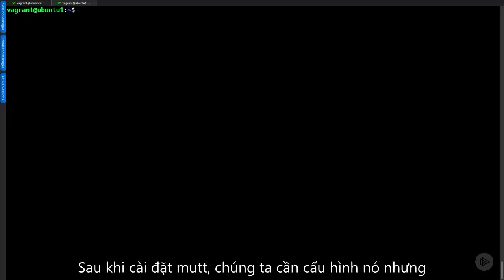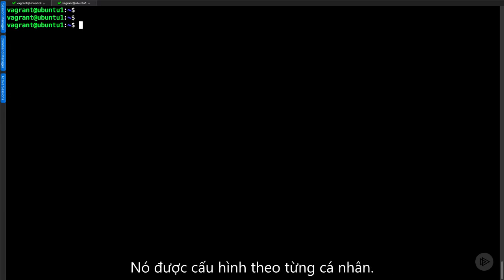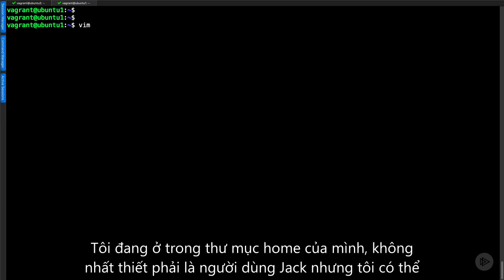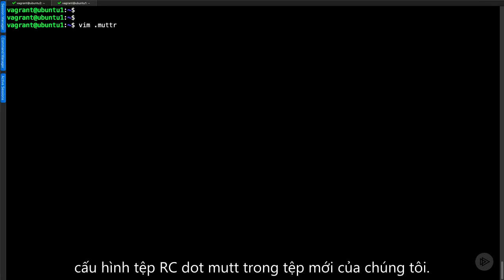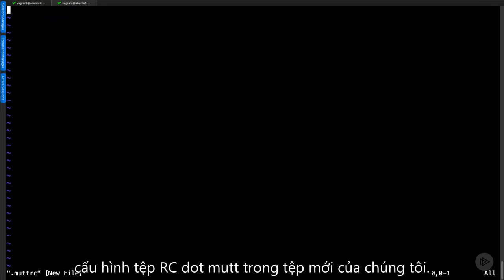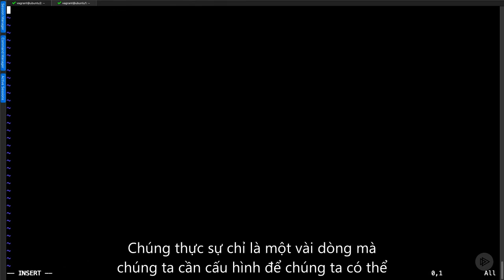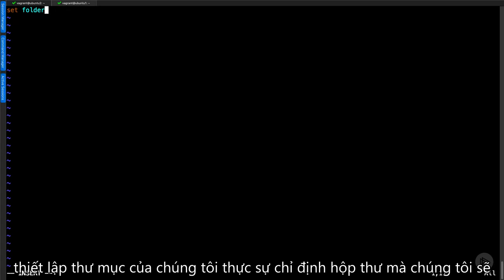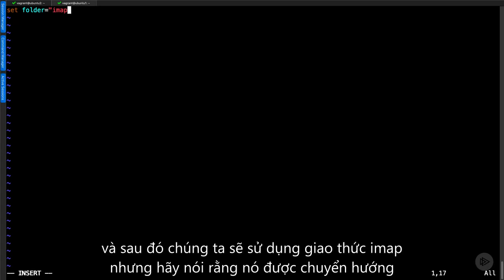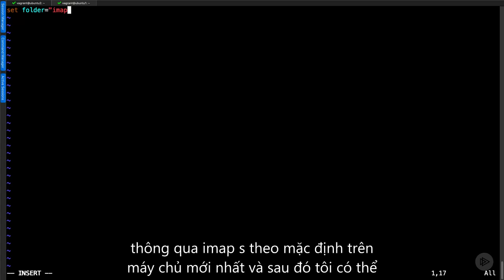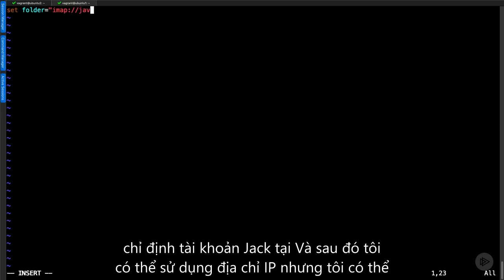Once we've installed Mutt, we need to configure it, but it's configured on an individual basis. I'm in my home directory. It doesn't have to be the Jack user, but I can configure the .muttrc file. Within our new file, there are really just a couple of lines that we need to configure. So we can set our folder, which is really specifying the mailbox that we are going to. And we're going to use then the IMAP protocol. But say that's redirected through to IMAP-S by default on the latest Dovecot servers. And then I can specify the Jack account